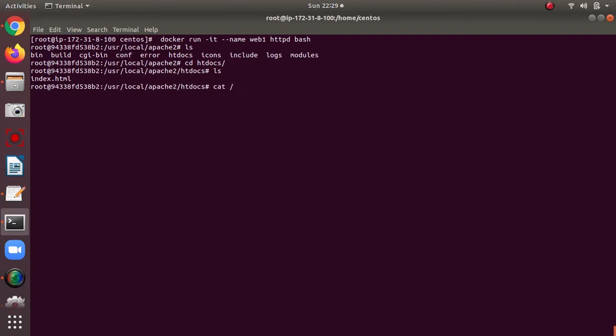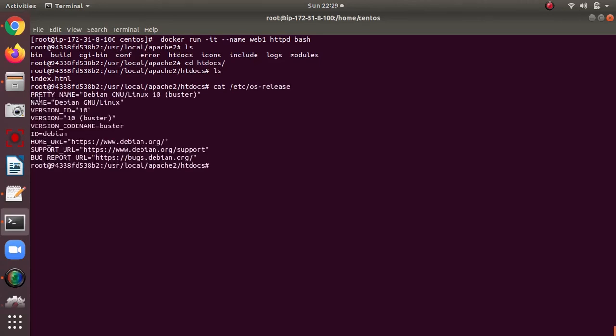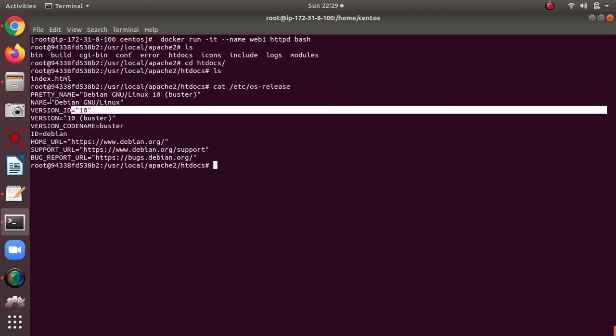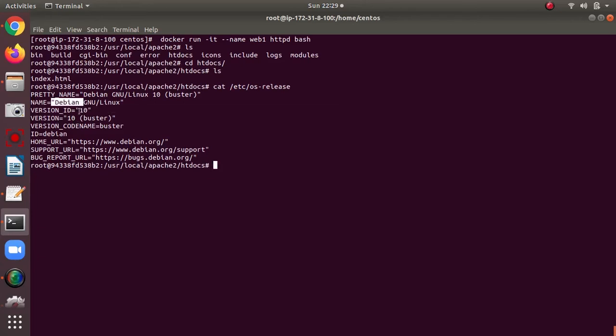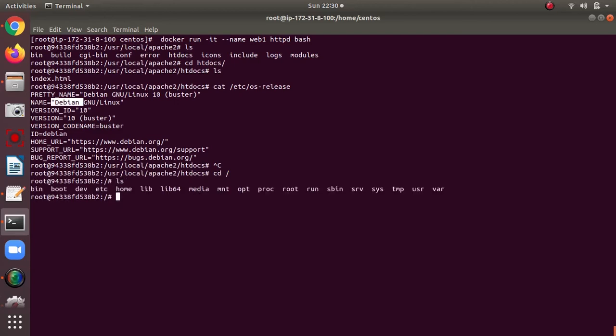It is a very simple command, cat /etc/os-release, and when you hit enter, you can see the version is 10 and Debian. So it uses Debian, and besides that, this is very small, 138 MB in size.